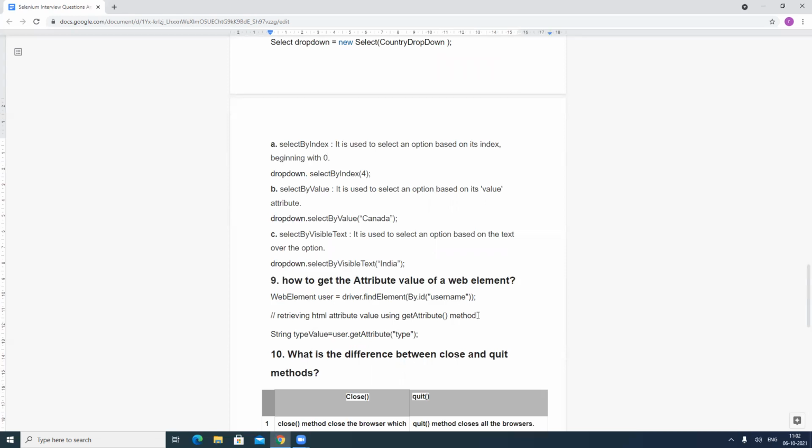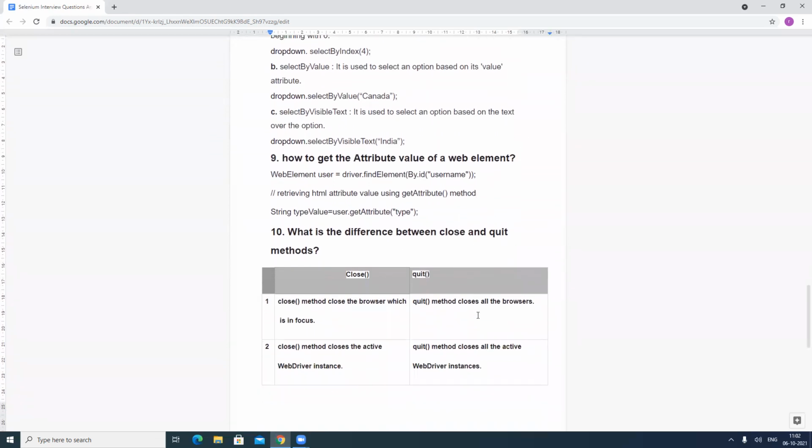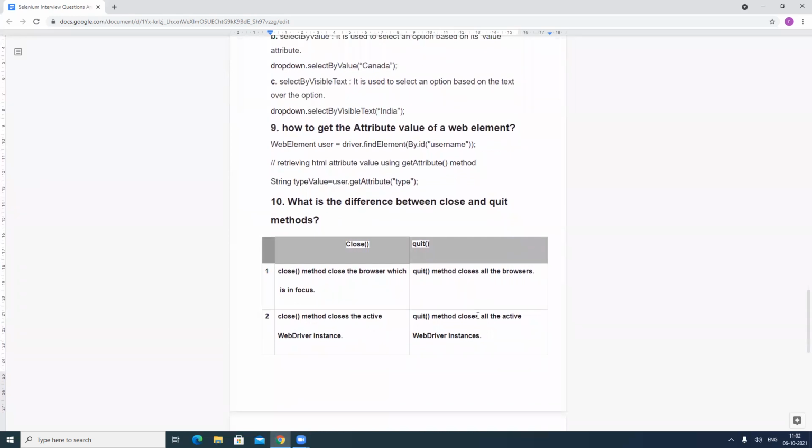So our next question is, what is the difference between close and quit method? So in Selenium, there are ways that we can close the browser. So there are two methods, close and the quit method. Both methods close the browser. So what is the difference between close and quit method? Close closes the browser which is in focus, while quit method will close all the browsers.